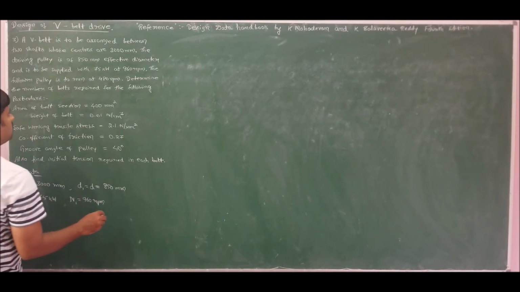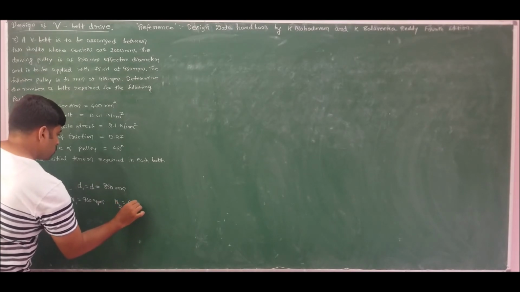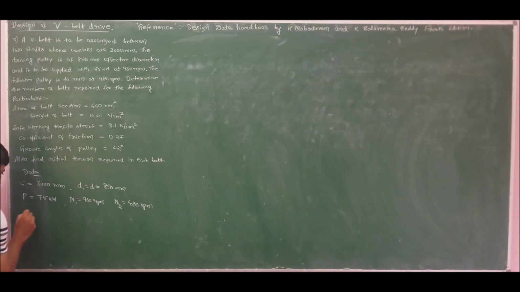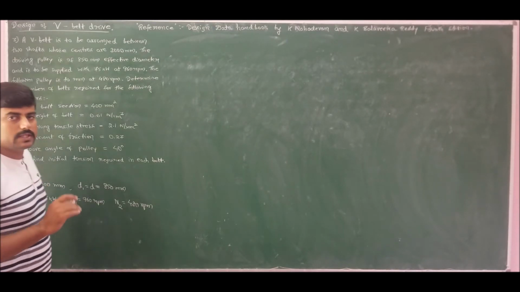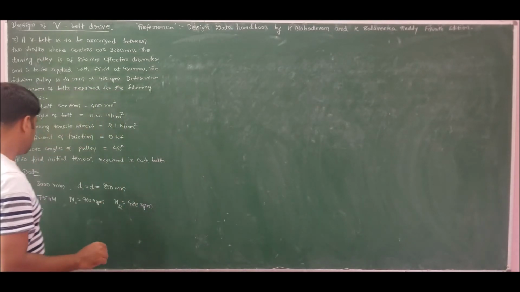If our pulley is to run at 480 rpm, N2 is 480 rpm. Determine the number of belts required. Very important, he is asking for the number of belts required. Therefore, I should employ the flat belt drive procedure to determine the number of belts required here,